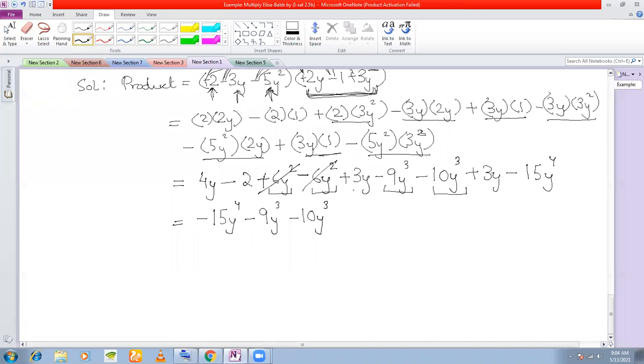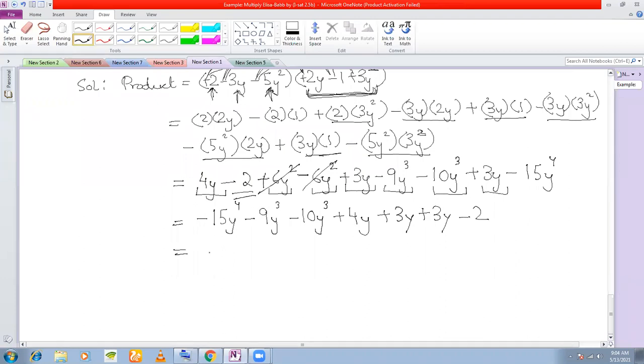Okay. And next power, any more? No. Any more power 2s? No. Next power is simply y. So how many y's do I have? I have this y, let me write here plus 4y I have. Next, what do I have? I have a 3y here. So I'll write this plus 3y. I have a 3y here. So I'll write a plus 3y. Right? So all y is exhausted. And any constant term? Yes, I have a constant term, minus 2. I'll write a minus 2.